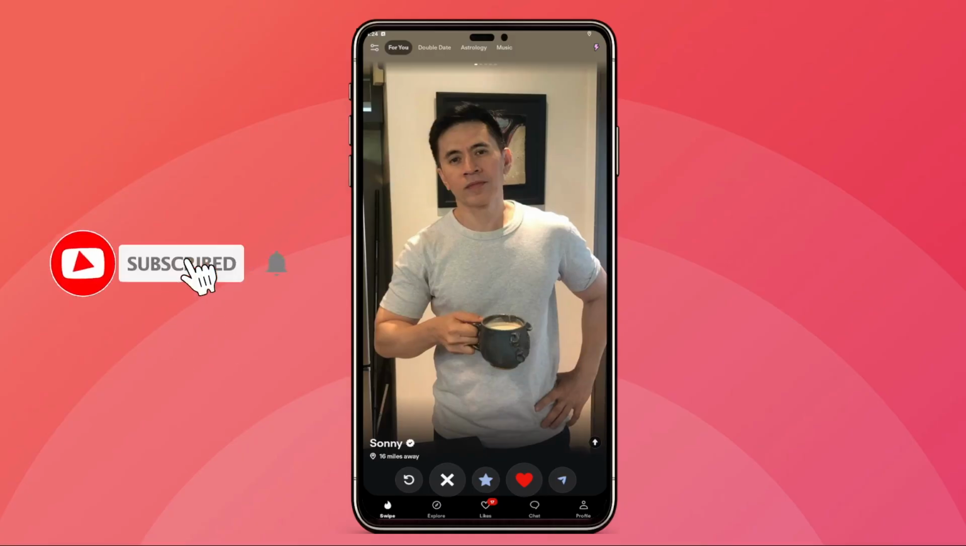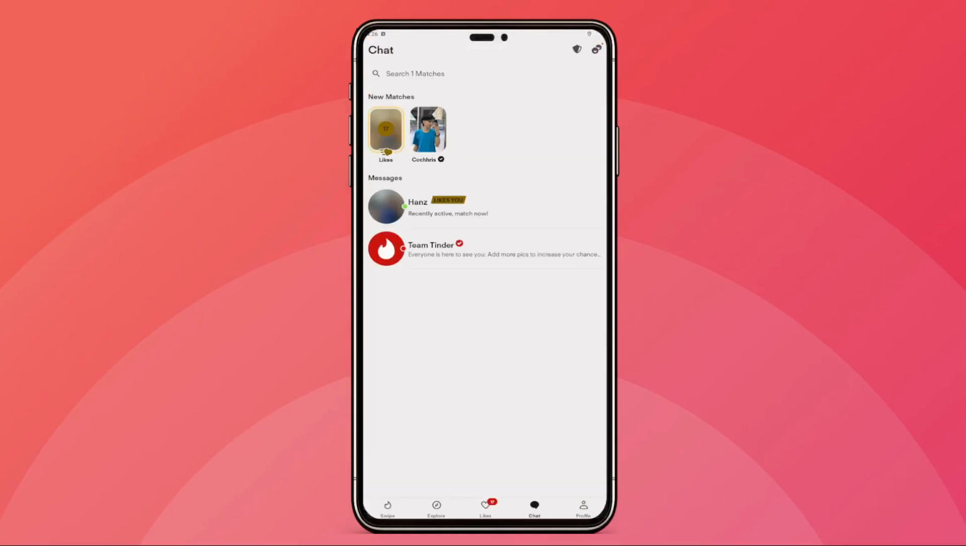First things first, open your Tinder app and make sure you're logged in. Once you're on the main screen, direct your attention to the bottom of your display. You'll notice several icons there, and one of them is labeled Chat. Go ahead and tap on it. This chat icon is your gateway to all your conversations and connections on the platform, so it's an essential feature